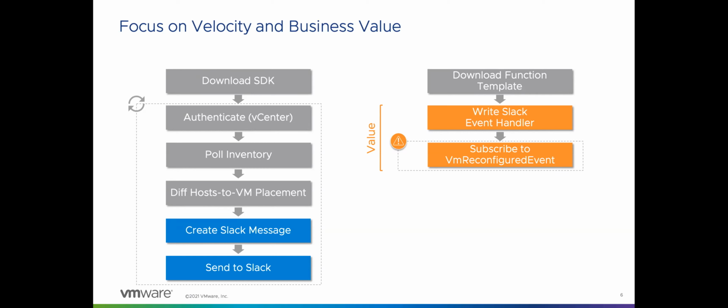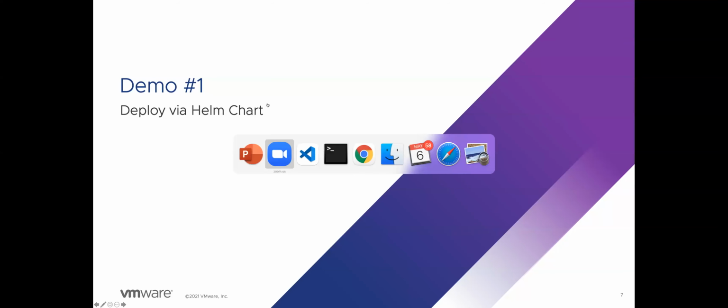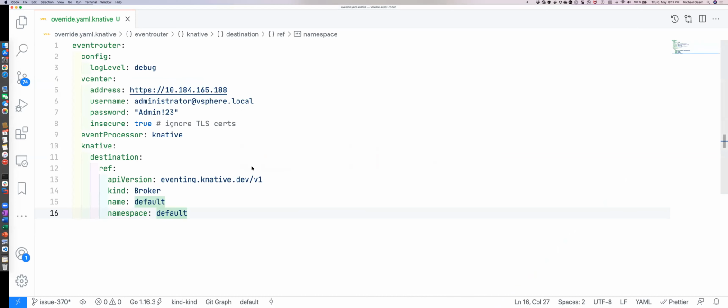So, quick demo. With the recent release, we have different options for how the eventing infrastructure in the appliance is deployed. If you already have a Kubernetes environment, for example, you might want to deploy VEBA straight into your Kubernetes environment. I'm just going to quickly show you the steps involved there using a Helm chart. And William has more detail on other options and the appliance itself.